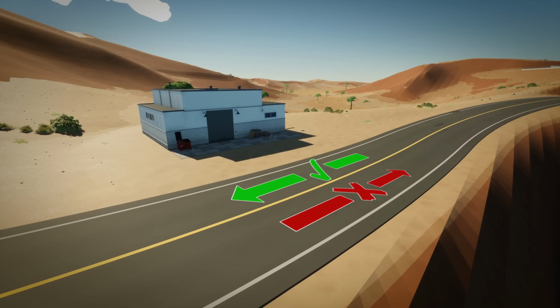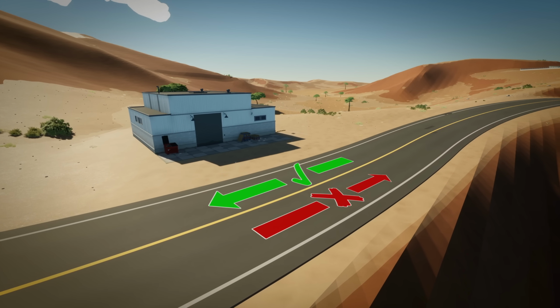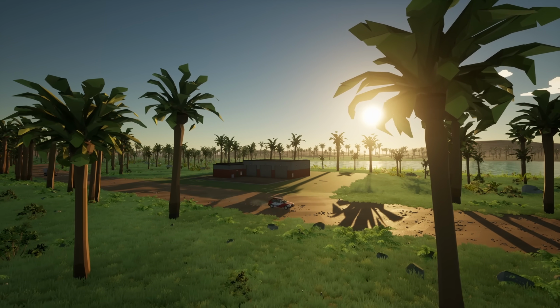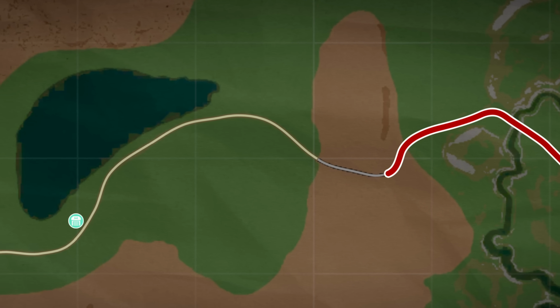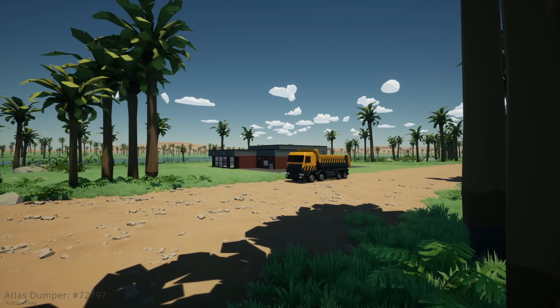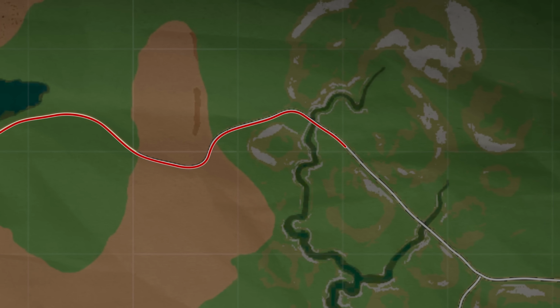This means that the vehicle has to be on the same side of the road as the depot in order to use it. As an example, let's take a look at this picturesque OG Lake Depot. When heading westbound, the truck is on the same side of the road as the depot, and it will be serviced with no issues. However, if your vehicle is heading east, it will have to make a huge detour